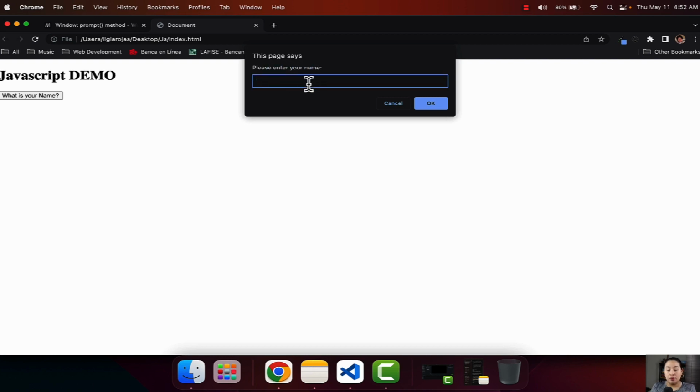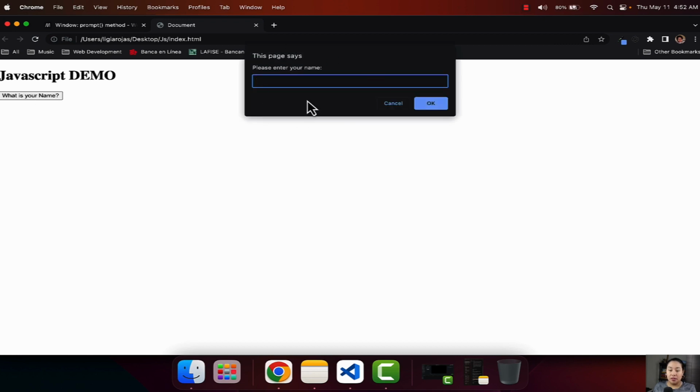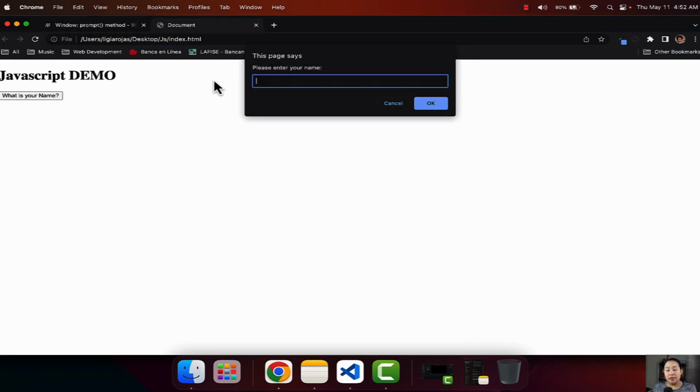So then I am going to add my name in here. So let's say Lixi, right? Then I hit OK. And now it is showing me, hello, Lixi, right? So the function is working perfectly. And just like that, I showed you an example of what the prompt does. So the prompt is this portion right here. Whenever we click on the button, this is the prompt. So this portion that we wrote in here under the name variable is what is prompting this window to show